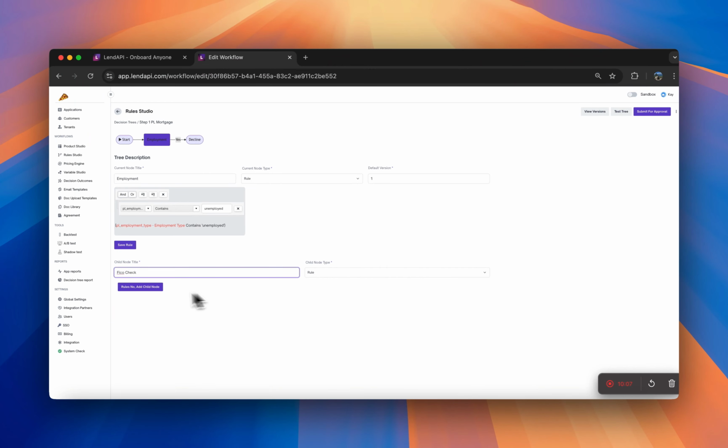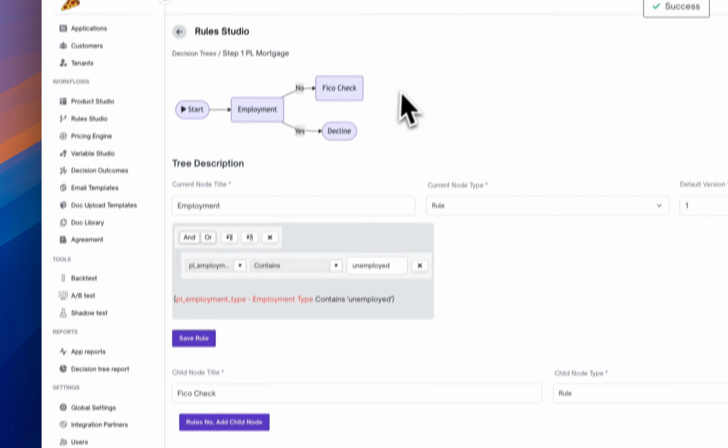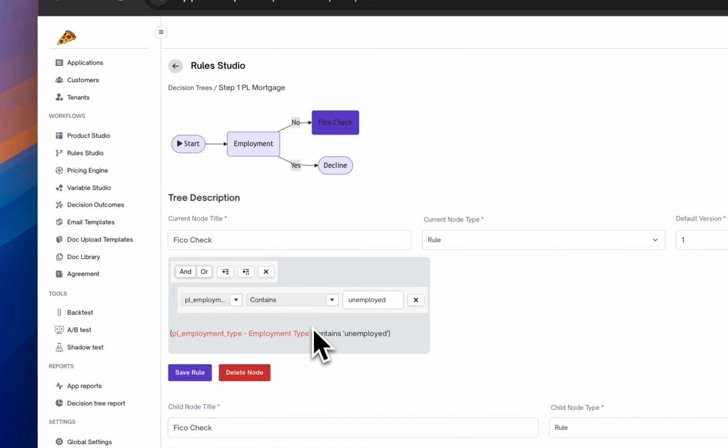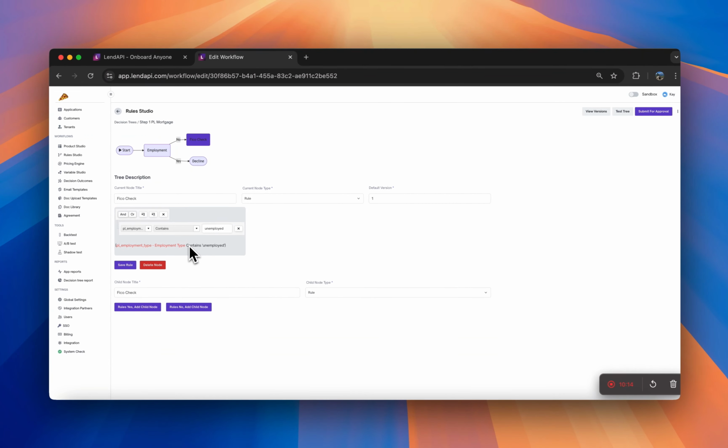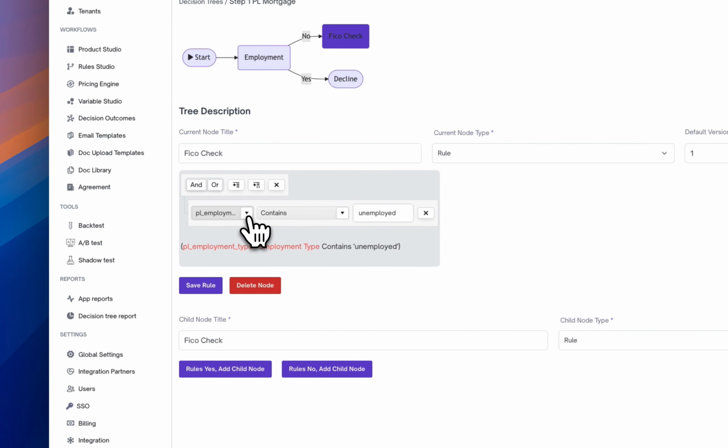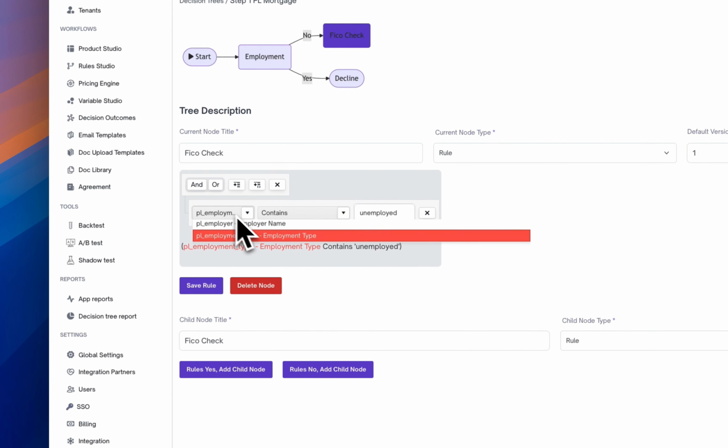So that will be a rule in itself. And we don't necessarily want to operate in super prime, or I would say subprime. So I think for us, we're going to create the FICO score that we're collecting here